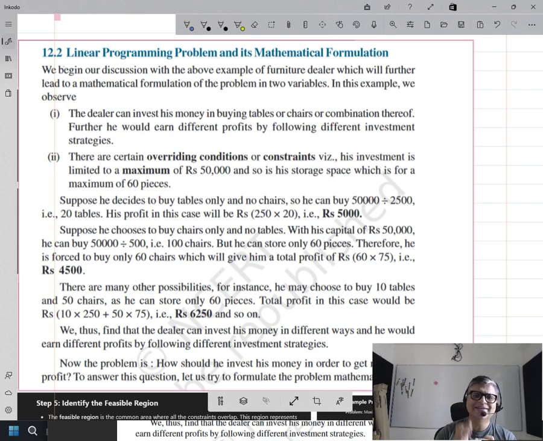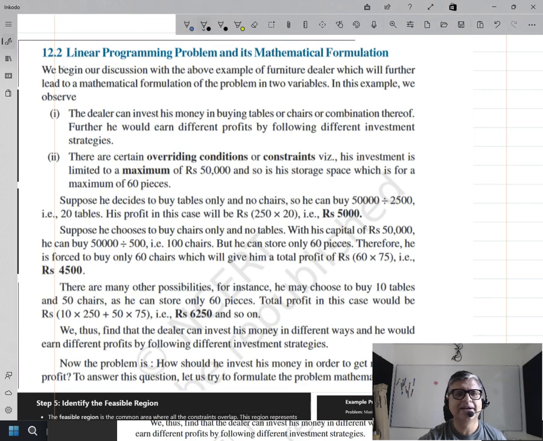Why do we need this topic? Why do we study this topic? Let's understand that first with the help of an example. So let's read this question which I picked from NCERT, and then I will tell you the stepwise method to solve the linear programming problems. They are very, very useful.